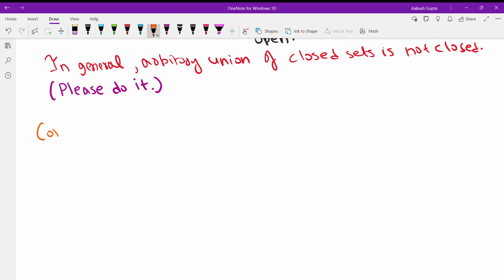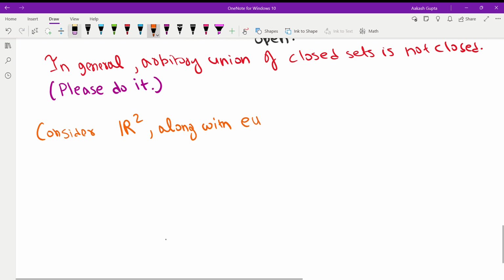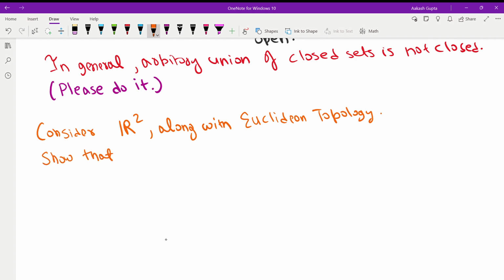So consider R square along with the Euclidean topology. What I mean by it? Of course, with the Euclidean metric, the usual distance in R2. So, show that,